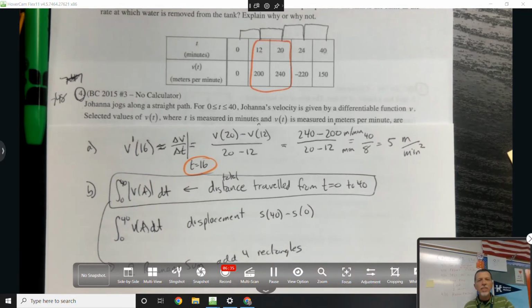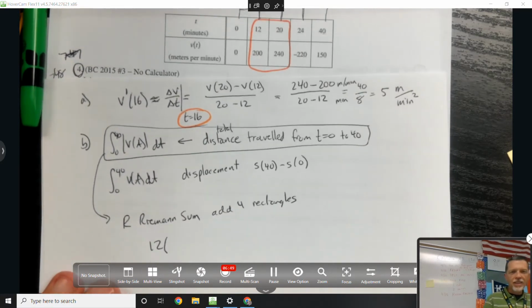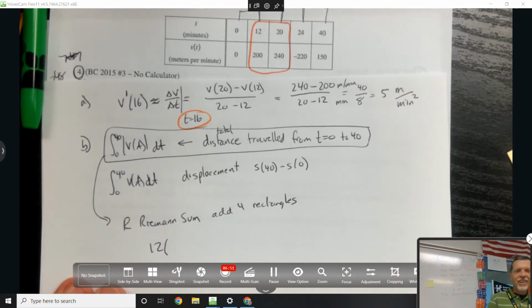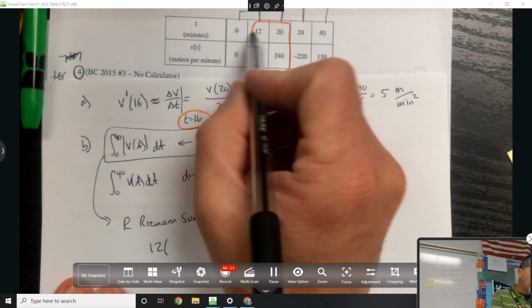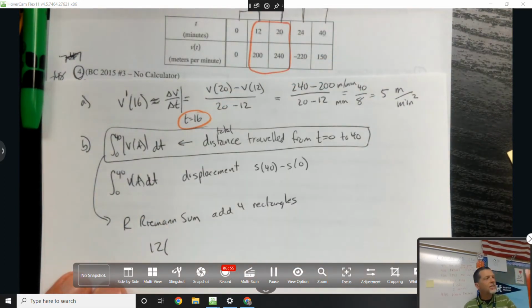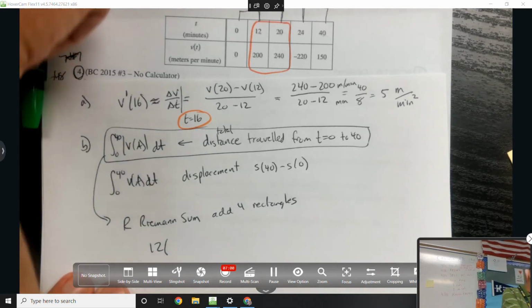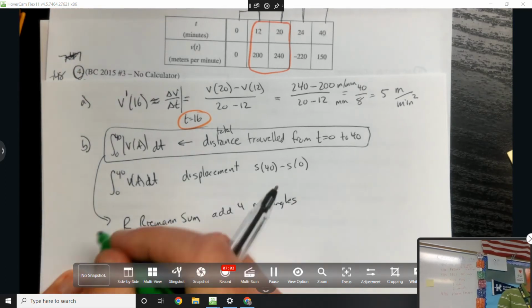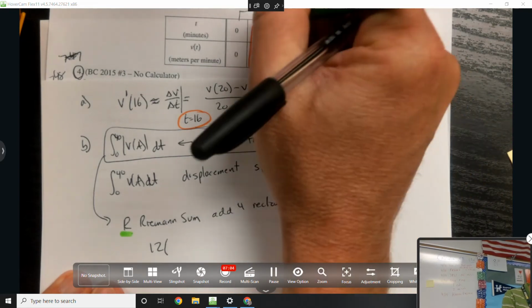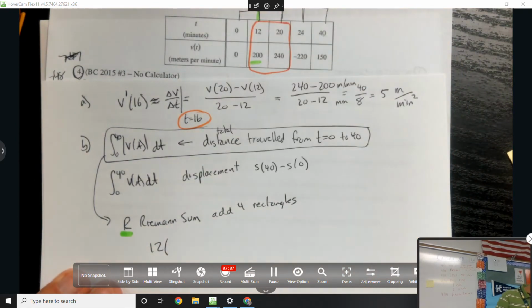What's the width of the first rectangle? 12. So the first rectangle is 12 wide. And how high is that rectangle? Or what height do we want to use? 200, because we're doing a right Riemann sum, so we're going to use all of the right values. So 12 times 200